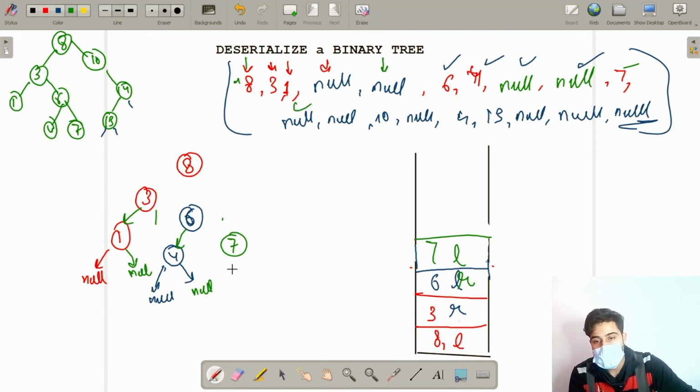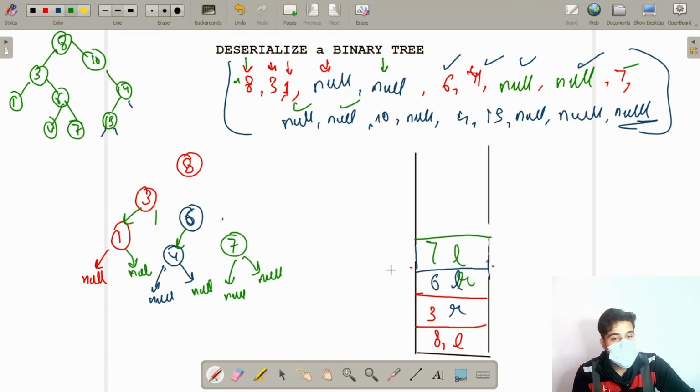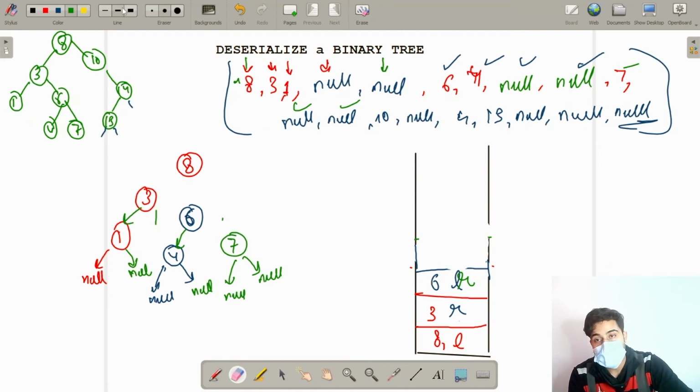So we are exploring 7's left. At first we get the null. The moment we get the null, we know how to deal with it. Again, 7's right is also nothing but null. Again we know how to deal with it. Now as 7's left and right are already updated, we start backtracking, its function stack gets deleted, and we reach the 6. Its right also gets updated with the 7. Now 6's left and right child are also